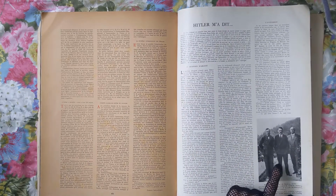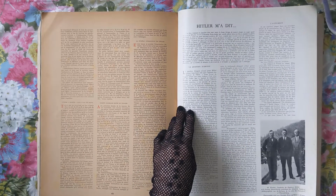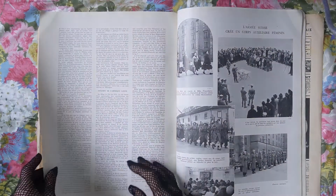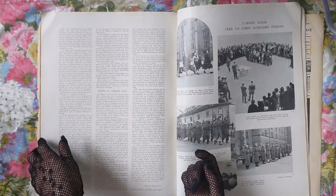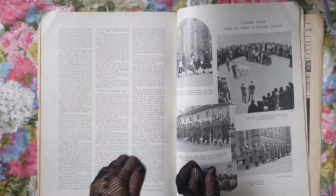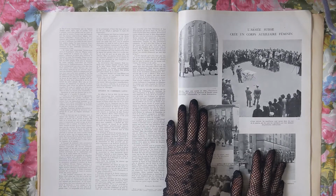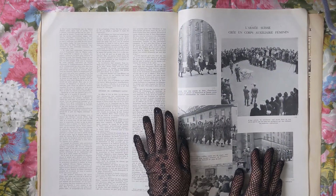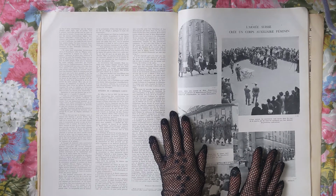And then we've got a picture. Wow. The invasion of Latin America. Wow. There's a lot going on. Well, this is interesting. The Swiss Army, which I thought was a neutral army, but I'm not quite sure what's going on here. So, the creation of